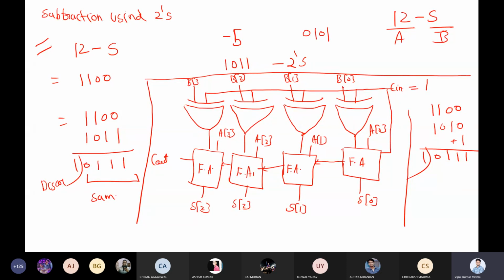Getting or not? Any doubt? Guys, any doubt? And this particular circuit is known as adder subtractor. It's adder and subtractor both together. Got it?